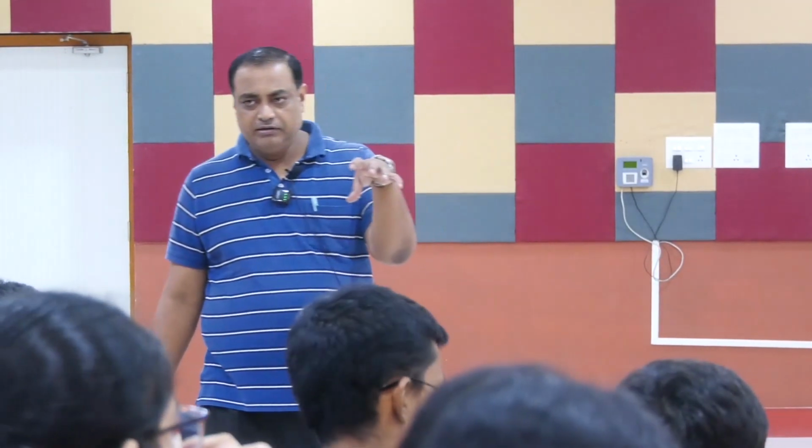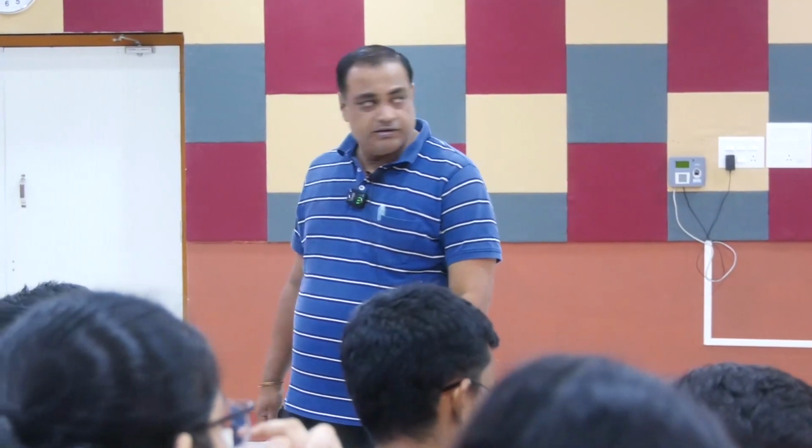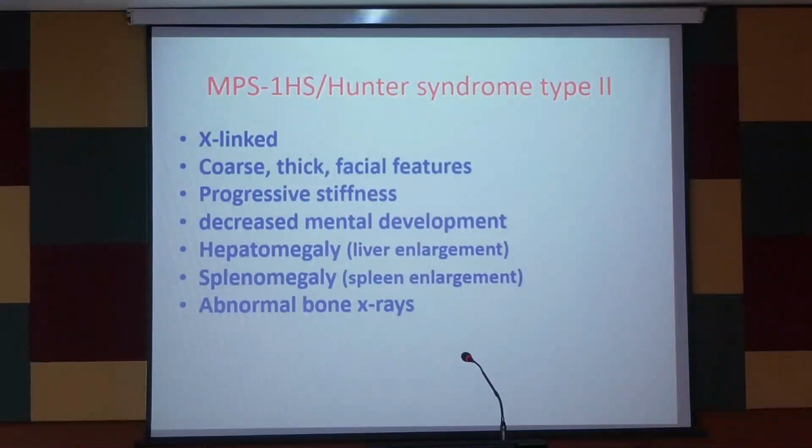Claw hand means due to stiffness of the joints, the hand becomes like a claw, correct? And one is missing here, that is corneal opacity. I said it, but it was not mentioned, so I am telling it correctly. Corneal opacity, 1HS,